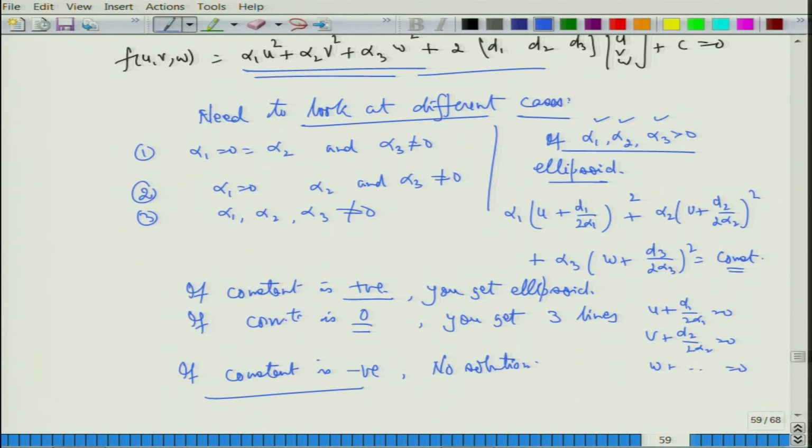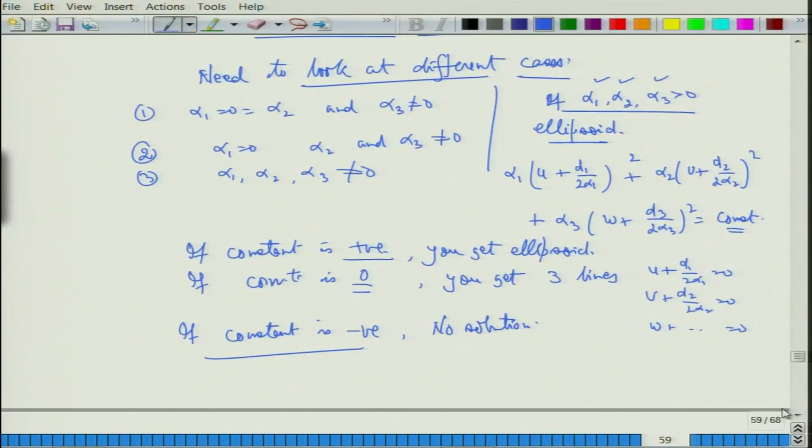All right, fine. You can also from here say that if alpha 1 equal to alpha 2 equal to alpha 3, all three are equal, then you will get a sphere. Fine. So you can change this idea according to circle and ellipse. Similarly, a sphere and ellipsoid that you have. Fine. Now, here in the third case,